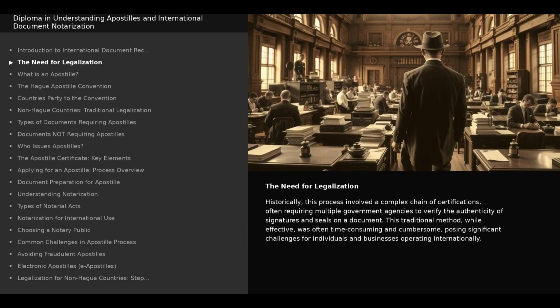Historically, this process involved a complex chain of certifications, often requiring multiple government agencies to verify the authenticity of signatures and seals on a document. This traditional method, while effective, was often time-consuming and cumbersome, posing significant challenges for individuals and businesses operating internationally.